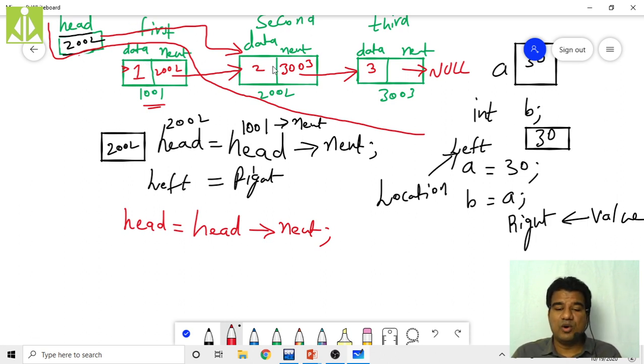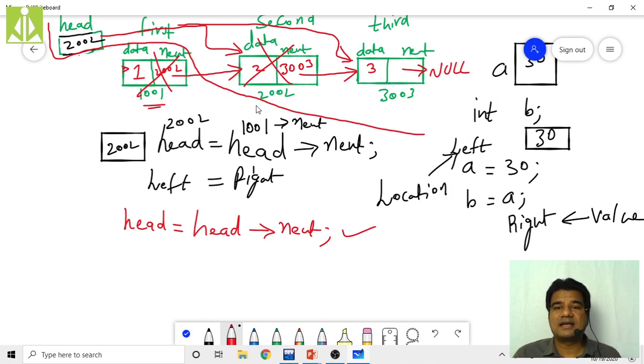Again, if you move the head one more time, by writing the code one more time, then what will happen? This head will come and point to the last node, that is the third node, and this node will also get removed from our consideration. So that is the drawback, that is the problem. Moving the head should not be done. How to move the head, and what happens if we move the head, those two things we have discussed.